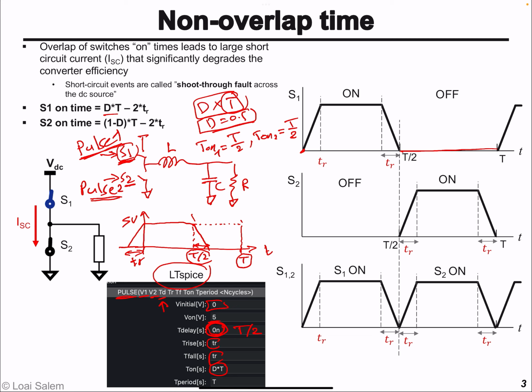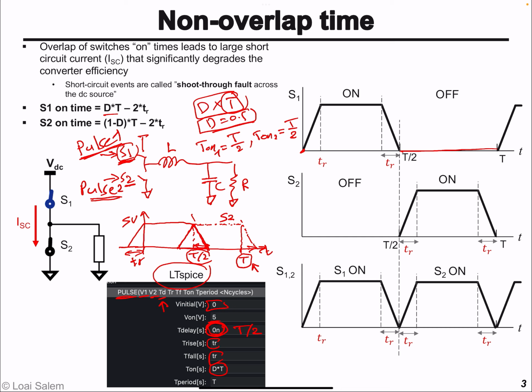Okay, now the problem is, as you can see, the clock that's driving S2 is on from T over 2 up to the end of the cycle T. But again, it will require a finite amount of time to rise from 0 to 5 volt, and also a finite amount of time to fall from 5 volt down to 0. So what is the problem? The problem is this triangle. During this interval,